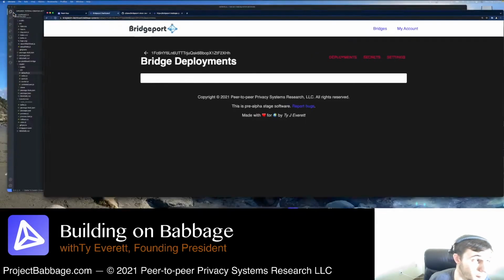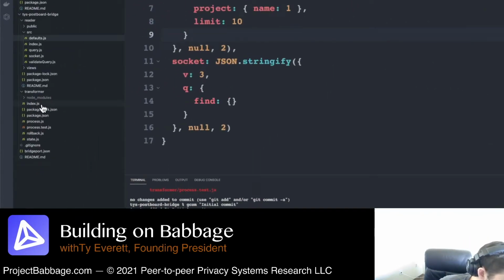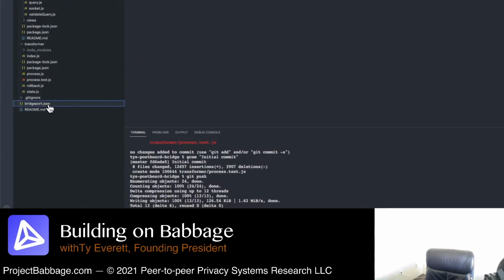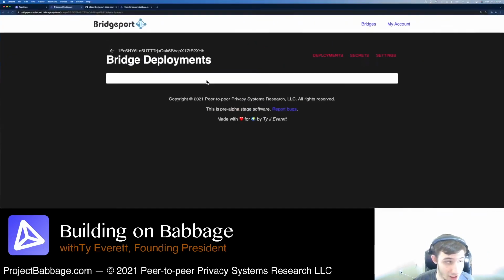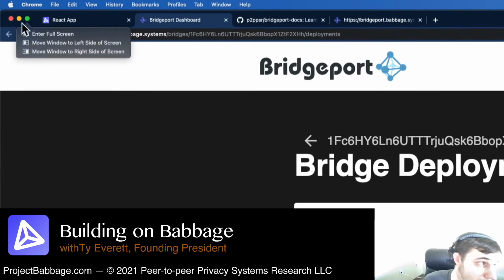Again, make sure in bridgeport.json that your repo token is correct. And you get that repo token when you first set up your bridge with the bridge ID and everything. When you generate the bridge ID and you sign and you get the repo token, make sure that's correct. If it is, after you've installed the GitHub app, if you've done all the things and you refresh the page,